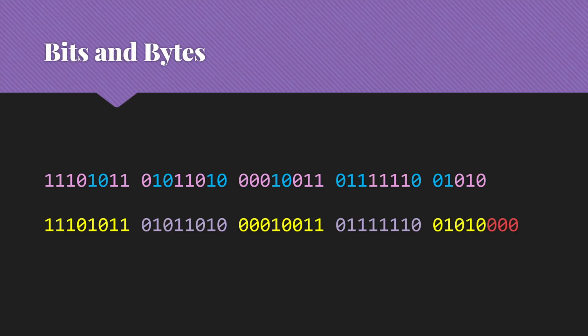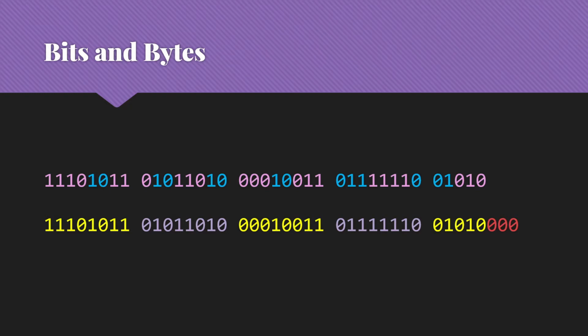Now, we do have one other issue, which is that often our messages don't end at an even byte boundary. So what we're going to do is to simply pad that byte on out. Usually with zeros, though it really doesn't matter, because we're never ever going to look at those bits when we're decoding our message. We're going to be able to avoid that because of that end of message character that we included in our code.